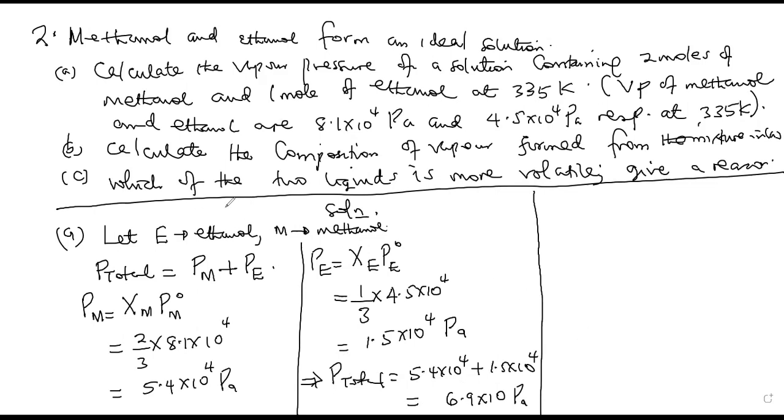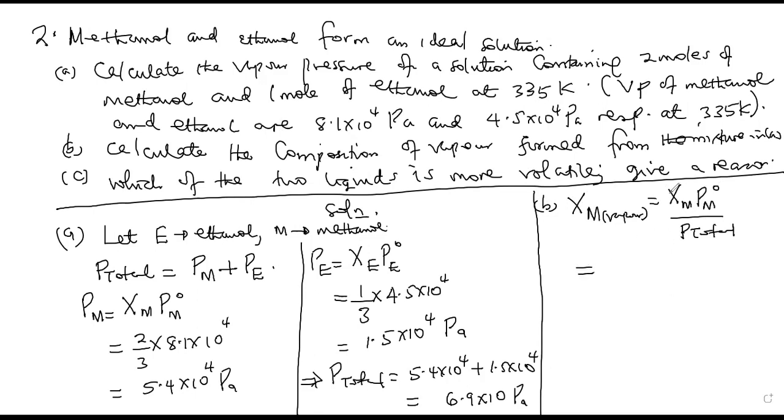Now they are saying which of the two liquids is more volatile? No. Before that, part B, calculate the composition of vapor. Now, let's begin with the composition of methanol. The composition of methanol in vapor would be equal to the mole fraction of methanol times its vapor pressure in its pure state out of P total,